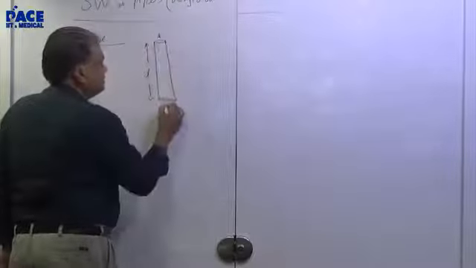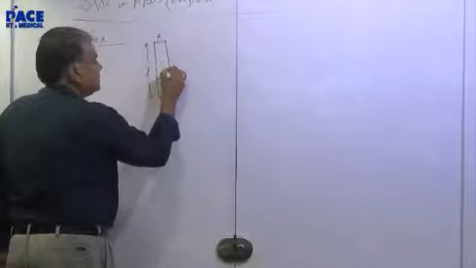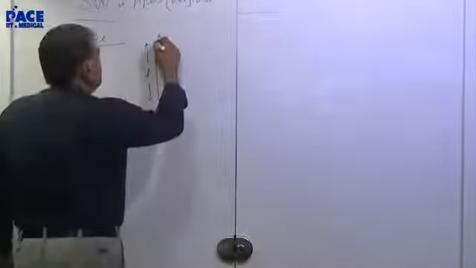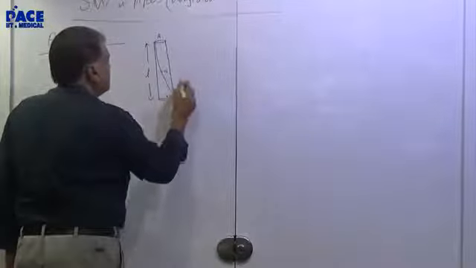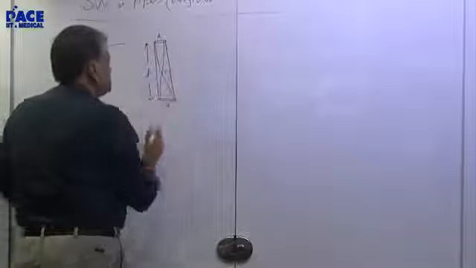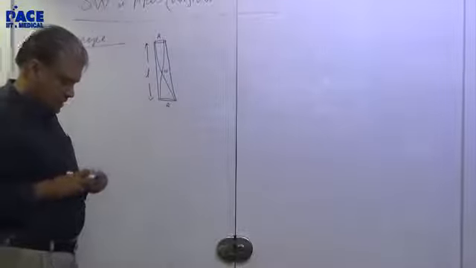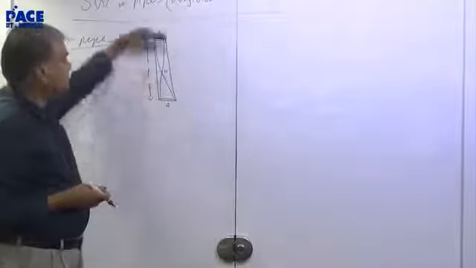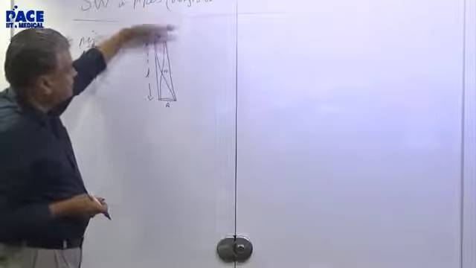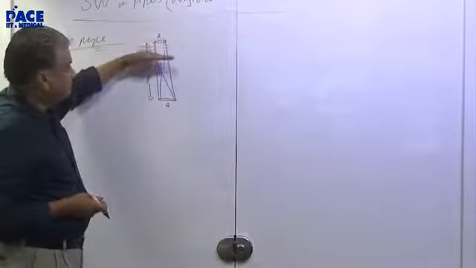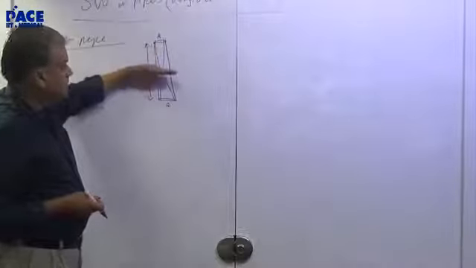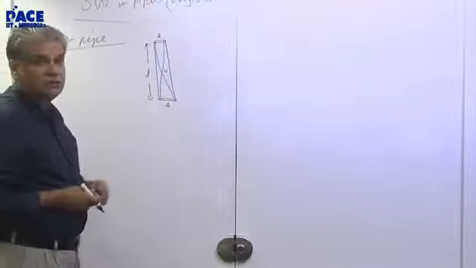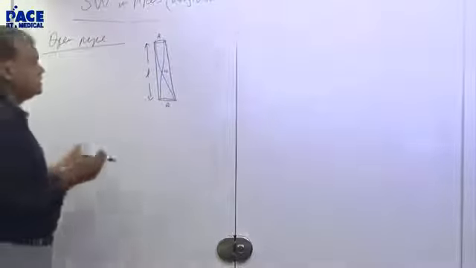The open end is an antinode, and there is a node here. We draw it like this. Now you have to interpret the meaning of this. This is not a transverse wave. The particles are not vibrating the way they are shown. If you have a large gap here, they are vibrating this much. A smaller gap, they are vibrating a little. There is no gap, they are not vibrating at all. That's the idea. They are vibrating along the tube. So that's all, nothing else.